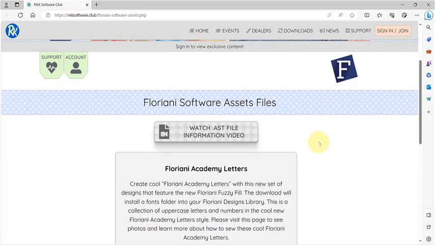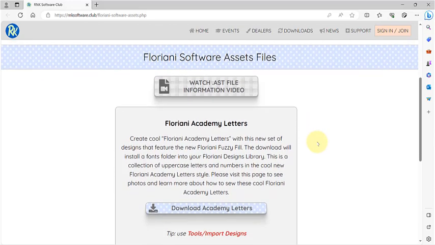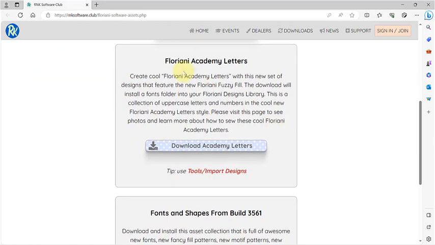You can check back on this page in the future to find new assets that get shared, and you'll learn about them by getting our weekly emails, or perhaps by visiting the Create with RNK blog when we make new assets. But for now, there's two on the page, and you'll notice that one of them says, here's where you download the Academy Letters. Click here, and it says tip,